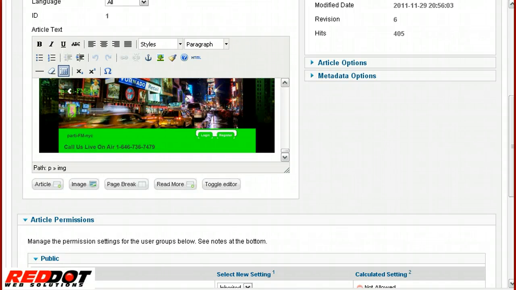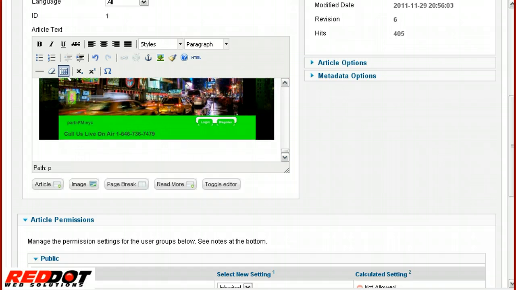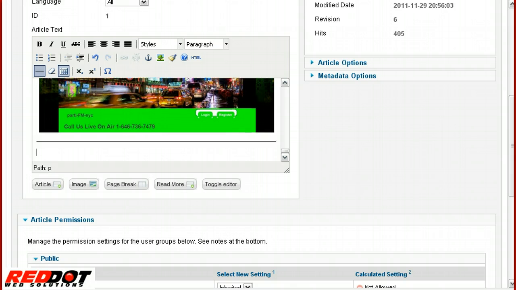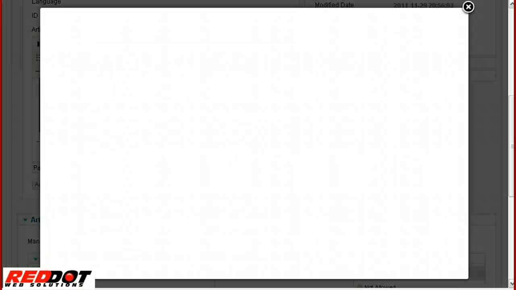So I'm going to click at the end of the last picture, and I can see the cursor flashing, so I'm just going to go ahead and hit enter once. Then I'm going to insert a horizontal rule right here, and that's just going to be a separator that I'm using. And then I'm going to add the next picture right below this. In order to add the picture, there are two ways you can do this, but I'm going to show you one way here, and it's by clicking on this image button right here. So you click on that button,